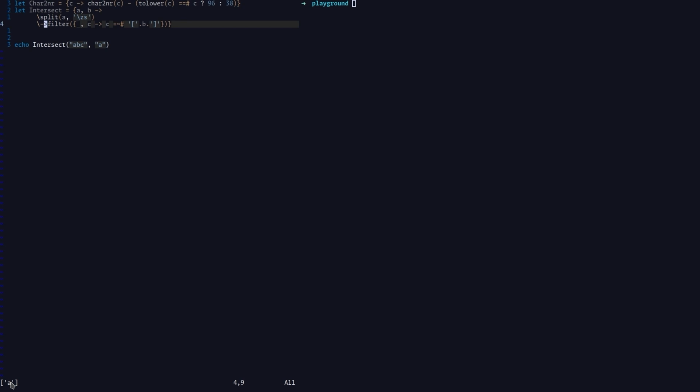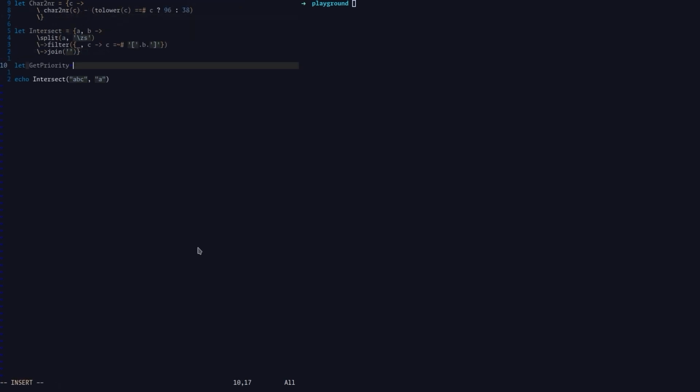What is the last thing we need to do? Instead of returning this as a list, we need to return it as a string. So I can say, you know what? I want you to join everything back together and do not use any delimiter. So it's going to be an empty string. And when I run this, you can see I'm only getting A. And that is intersect. What if I say get priority in the future, it will be called only after each